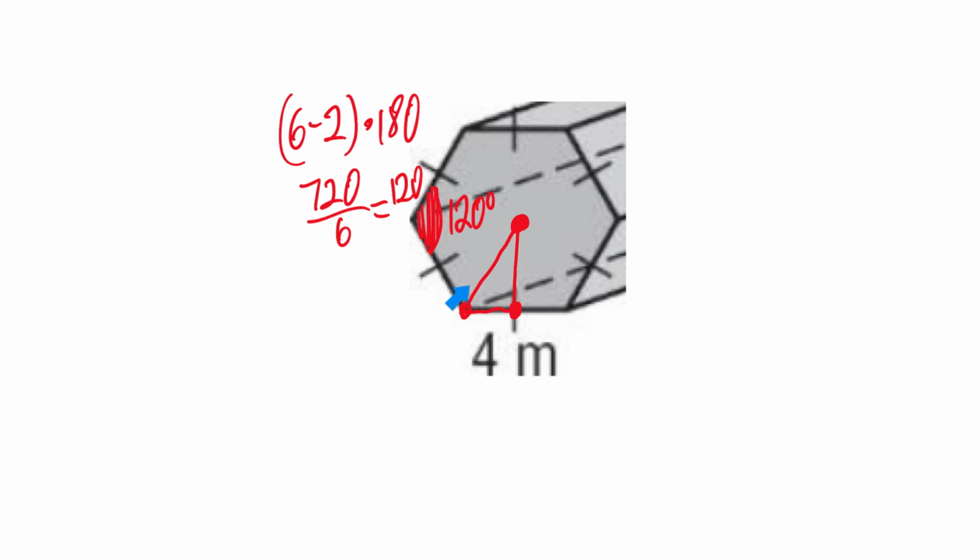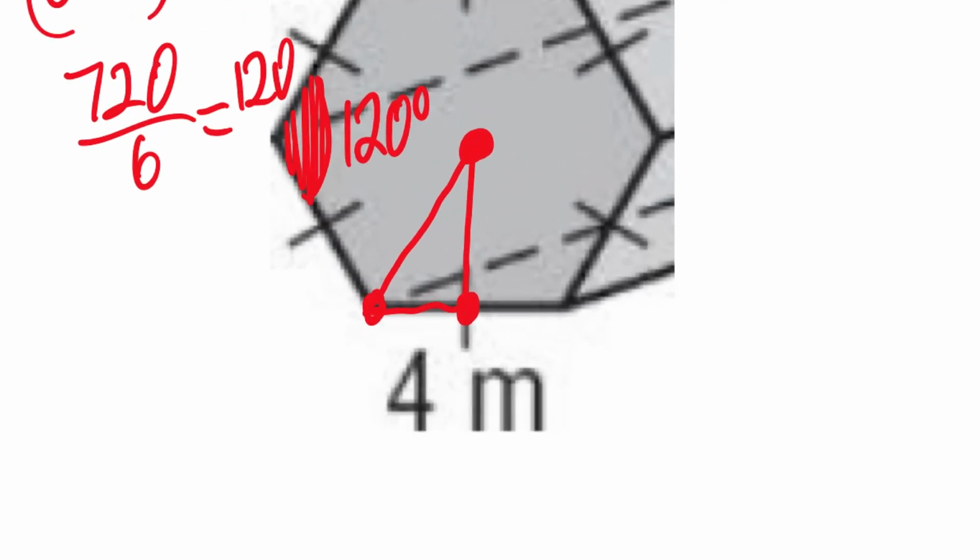So if the whole thing is 120, how big is this angle right here? It's 60. Now from here, you could use special right triangles, but I'm going to go ahead and just use trig here. So I'm looking for this side over here. This side right down here is going to be how long? It's 2, because this whole thing is 4, so that's 2. So we have